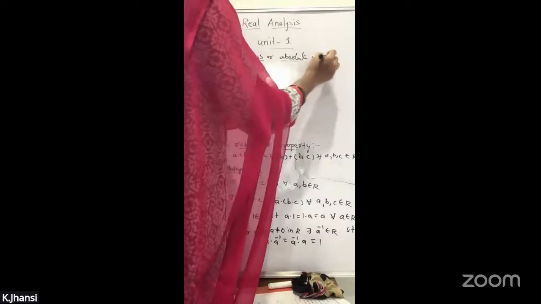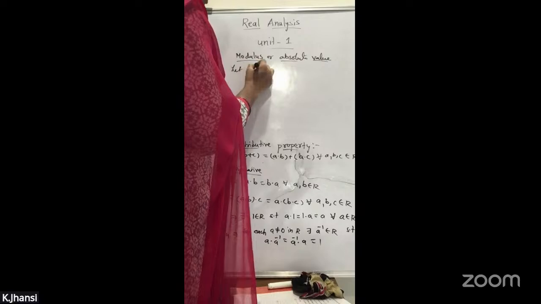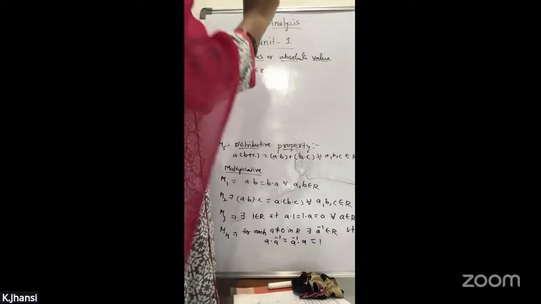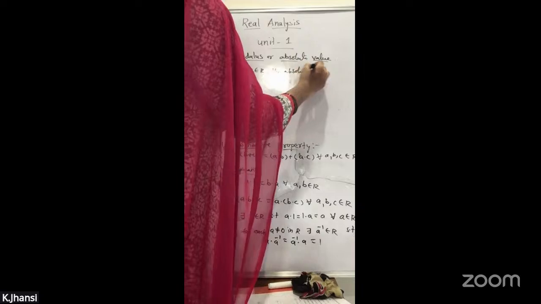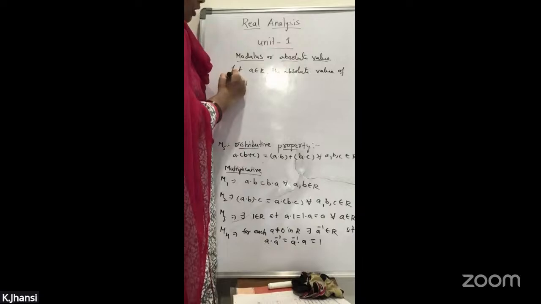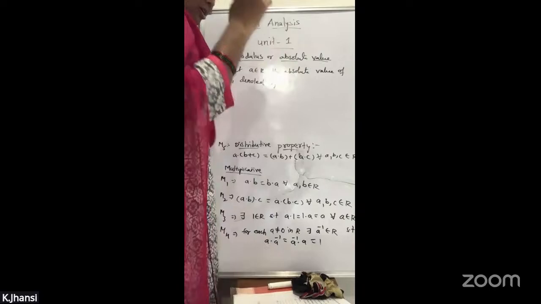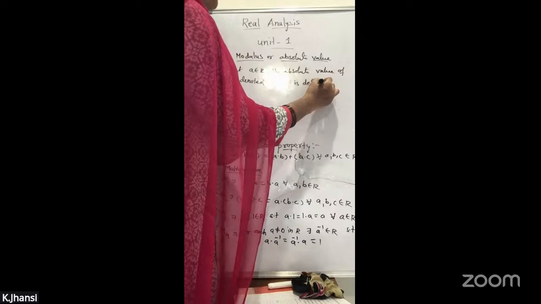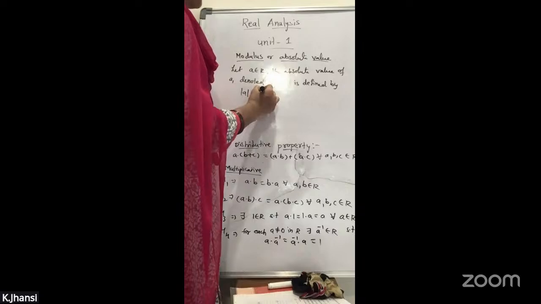So the absolute value of element A. Here let A belong to R, where R represents the real numbers. The absolute value of A, denoted by mod A, is defined by: modulus of A is equal to A